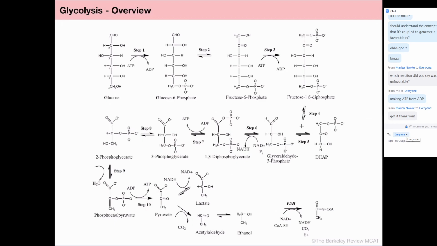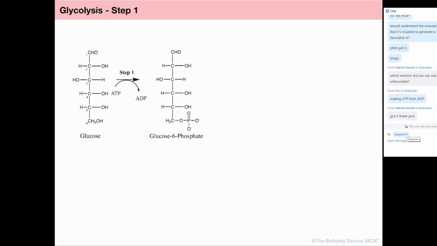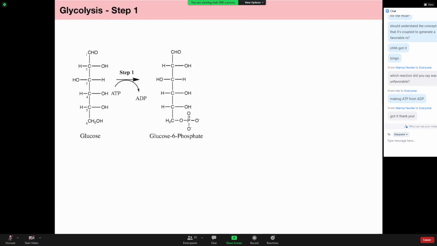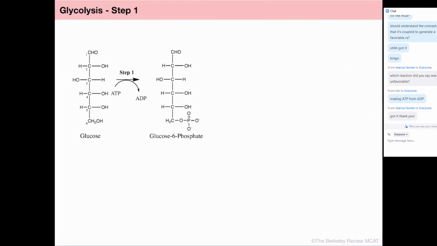And so what I want to do is look at each of these reactions, 1, 2 through 10, individually and give you highlights of them. And I'm going to put them kind of isolated by themselves just because I want you to get into the habit of starting to visualize what's before and what's after a reaction that's zoomed in, right? And so the important things are,